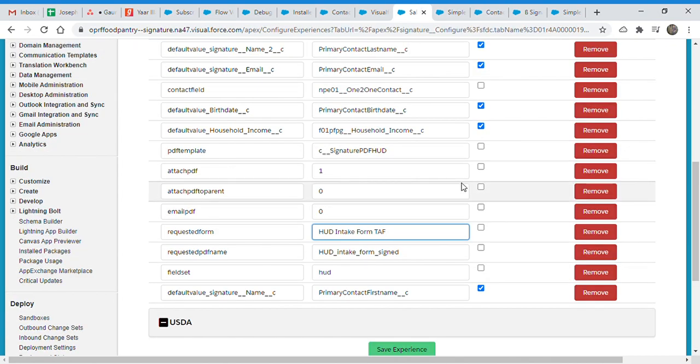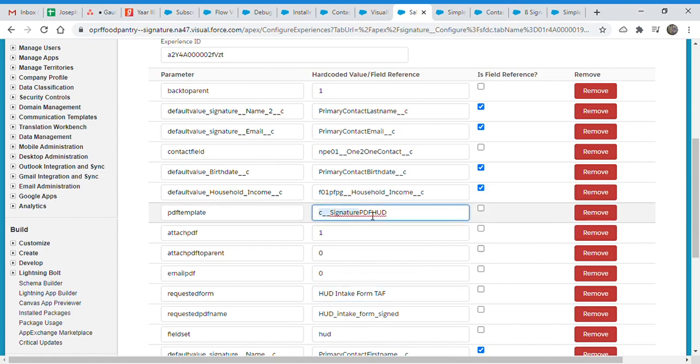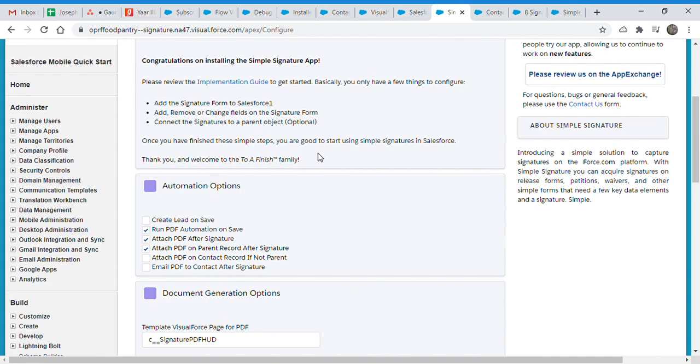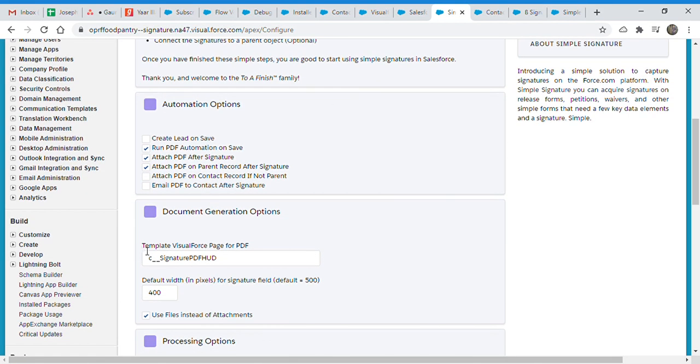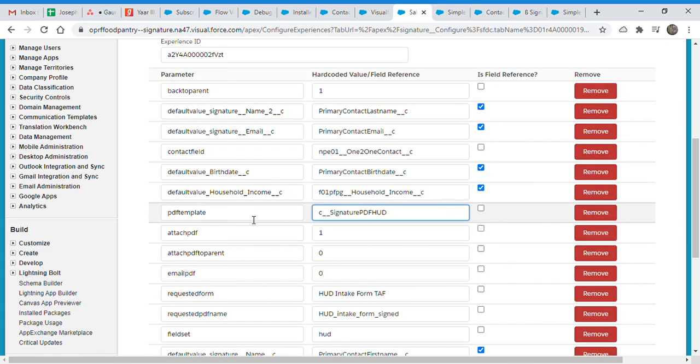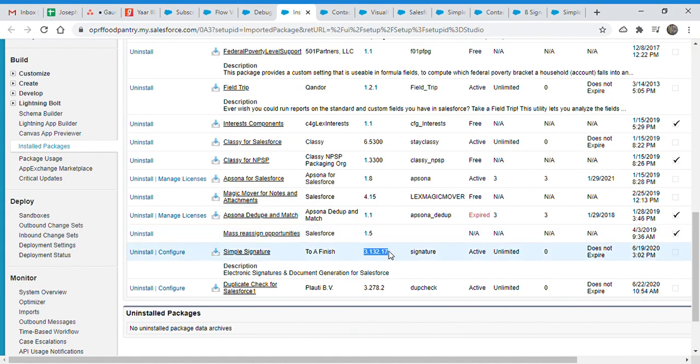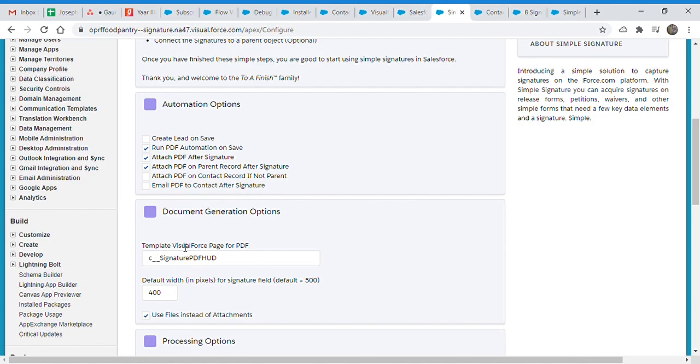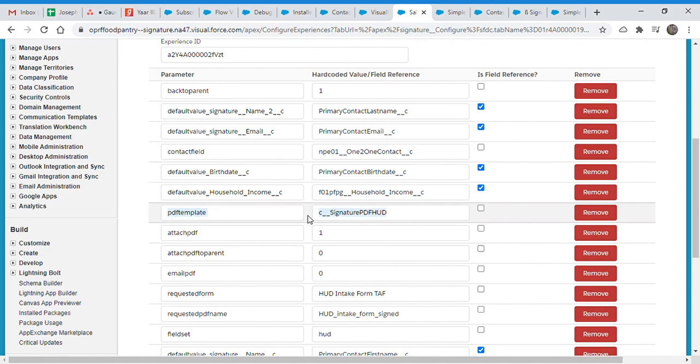Let me show you. So let's say we put PDF template here, and something else here in the template page for PDF here in the main setting. What happened, our class was overriding this experience value with the custom setting value, and this is happening in 3.132, and I think I fixed this in 3.133. So that's why whenever I was creating a signature, it was using this custom settings PDF, not the experience one. So what I made is I just made both of them the same for now.